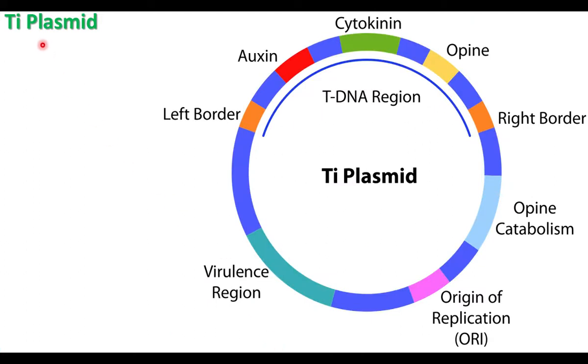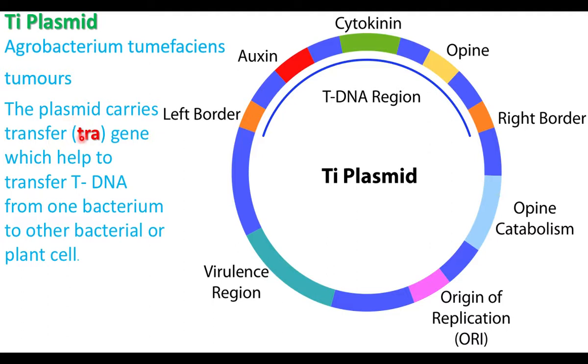Ti plasmid is commonly used for the purpose of transfer of foreign genes from bacterial cells to plant cells. Ti plasmid is found in Agrobacterium tumefaciens. Agrobacterium tumefaciens is a bacterial cell. This bacterium is a disease-causing bacterium. It causes disease in plants. It causes tumorous growth, cancer-like growth, because it has an oncogene. The part of the plasmid is the oncogene, a cancer-producing gene.